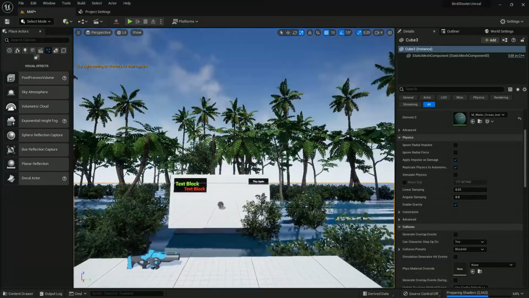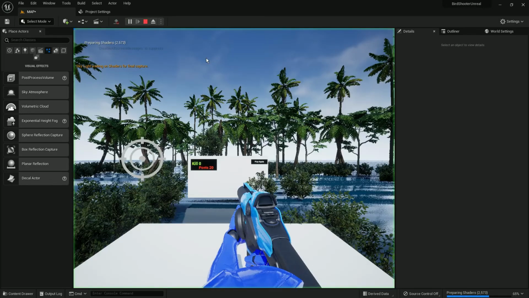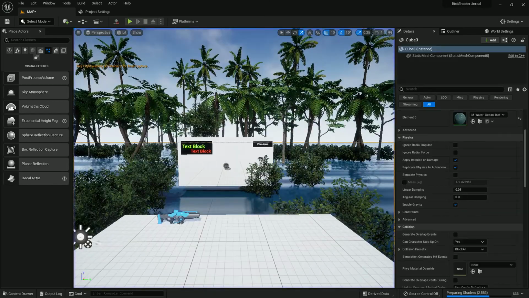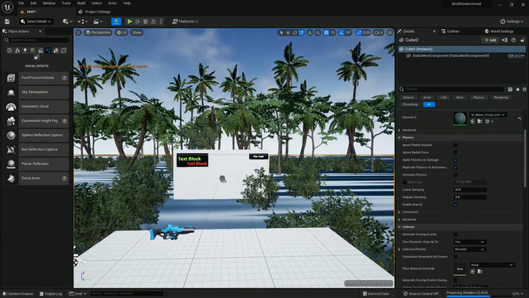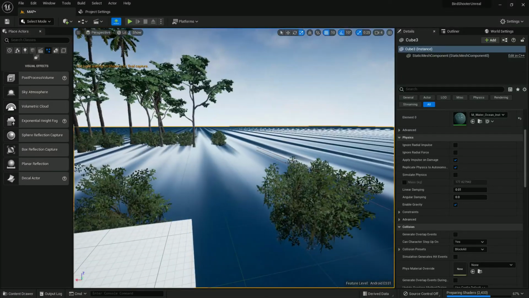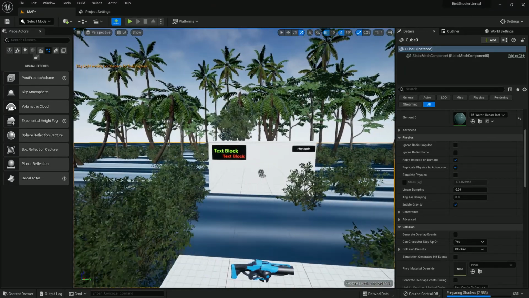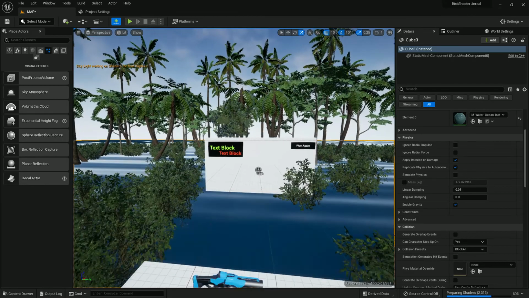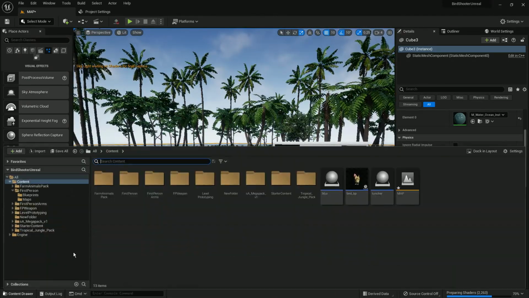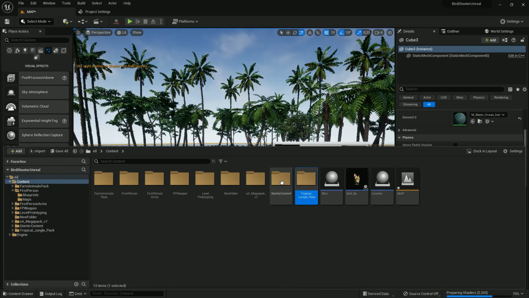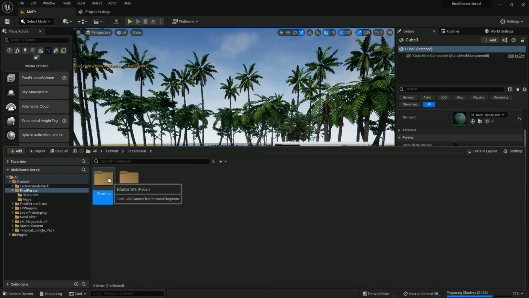Okay, so now what I basically need is, the water is currently working great. But if I go to Android, there's a rendering issue, so we need to fix those issues so it will also work fine in Android too, so we don't need to worry. Okay, now let's change the major stuff, like if I go to my first person arm and blueprints,